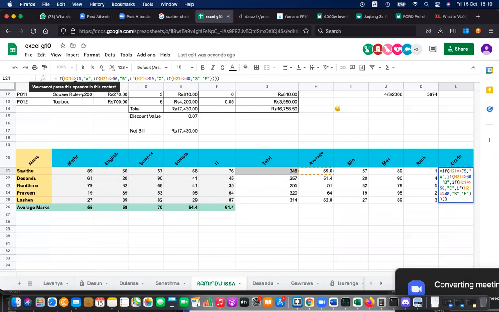Equal or greater than, maybe greater than or equal to. So you have mentioned equal or greater than or equal to here. The order matters, right? Greater than or equal to. Here also greater than or equal to, right? Not equal or greater than or equal to, right? Now you are getting there. After that, you can copy paste this downwards. Okay, this one corrected.